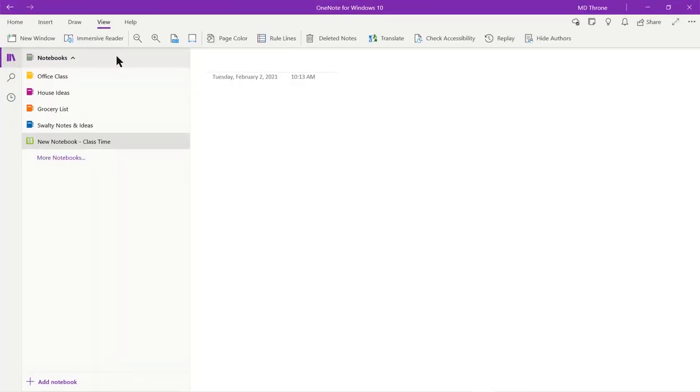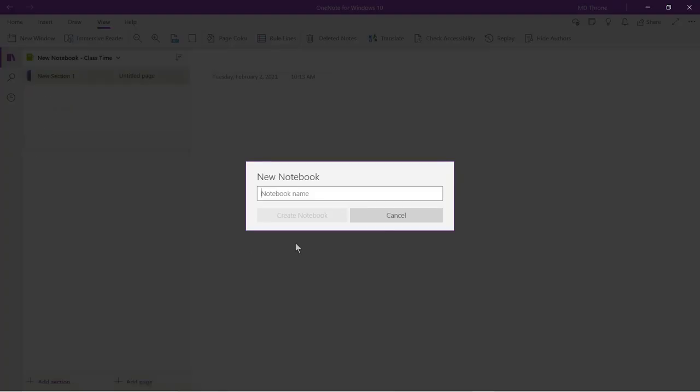Those are my notebooks I have started already. And down here I can add a new notebook. So we'll add